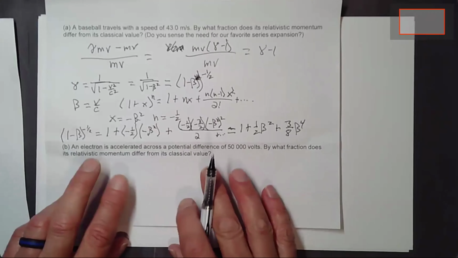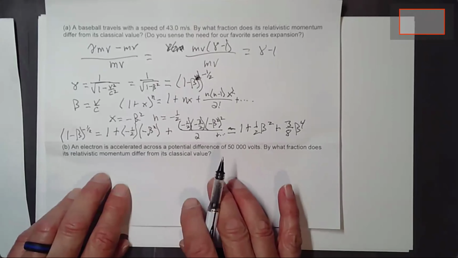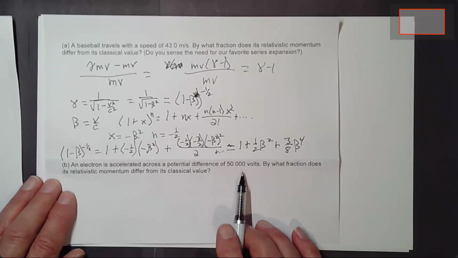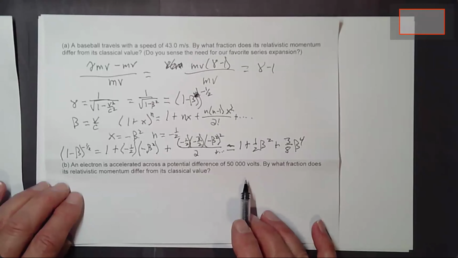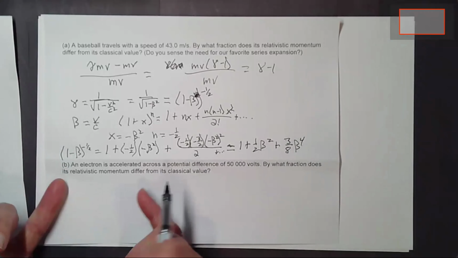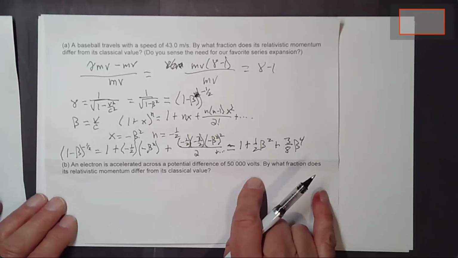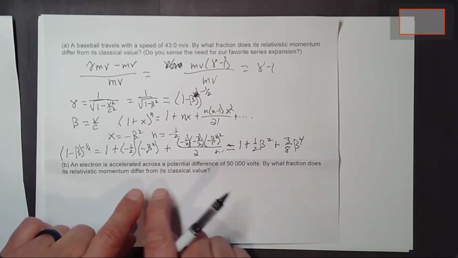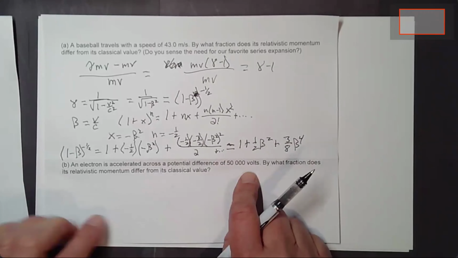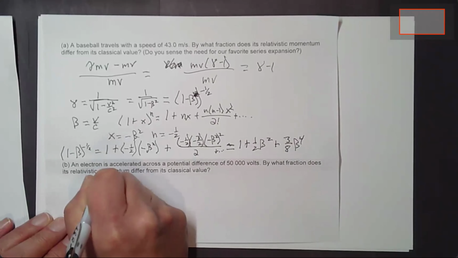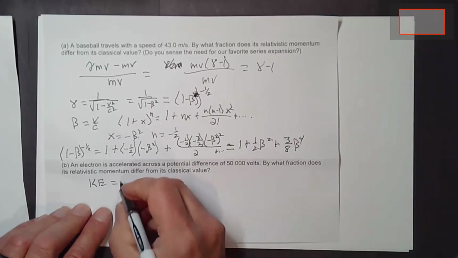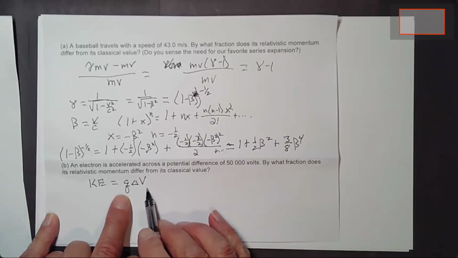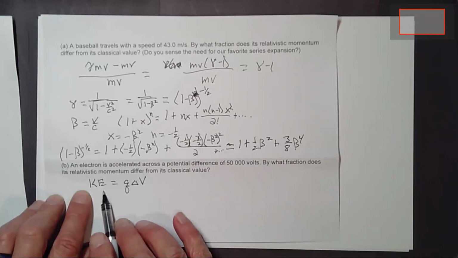Now this one, I don't know how to do this without energy, or at least the way that occurs to me immediately is to do this using energy because we have a potential difference of 50,000 volts. The electron will assume it's accelerated from rest across that potential difference. And so it is losing this much potential energy, but that's the amount of kinetic energy it's going to be gaining. So the kinetic energy of this electron is going to equal Q delta V. Okay, that's an expression that's still good relativistically,